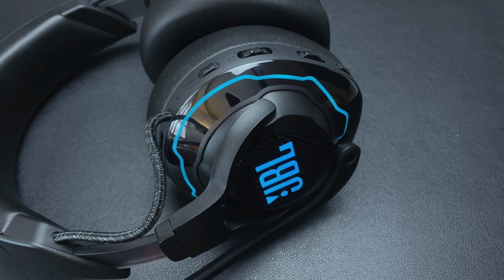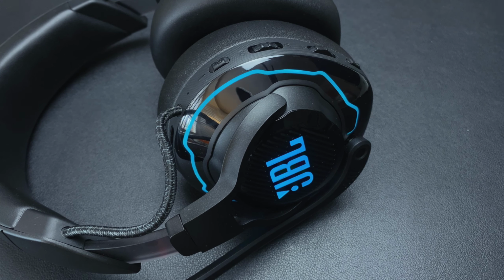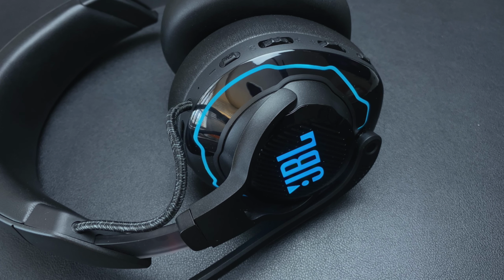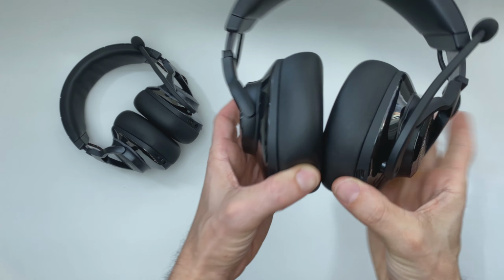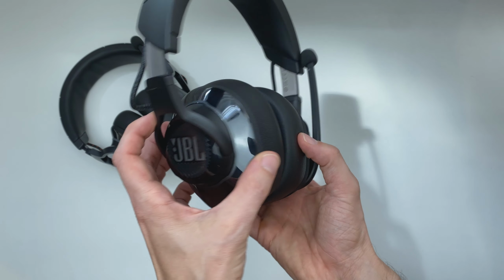The JBL Quantum 910 is the latest fully featured gaming headset from JBL, and this one really has it all. Dual wireless, active noise cancelling, surround sound, it even has head tracking built into the headset. At $500 Australian or $300 US, it isn't exactly cheap, although given everything it does, it is competitively priced compared